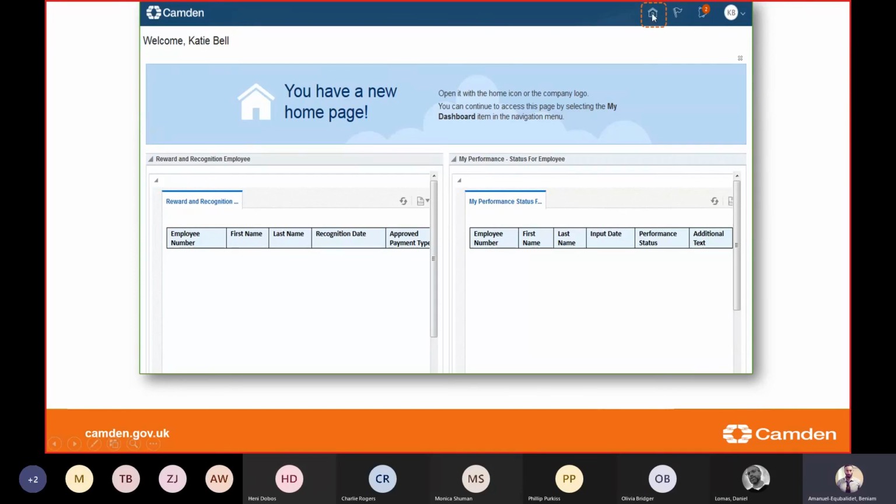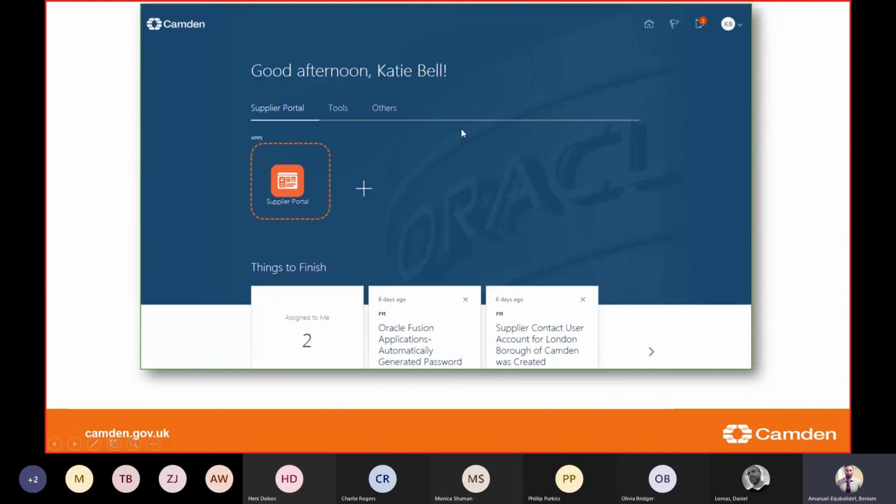So whenever you click on the home icon, it will land you on the page that you actually really need to be on, which is your main landing page. You'll see the good afternoon page, basically, if you want to remember it in any way, where you have your supplier portal icon. This is the area that you're going to need to step in to be able to view your POs, invoices, and remittances. So if you click on that,